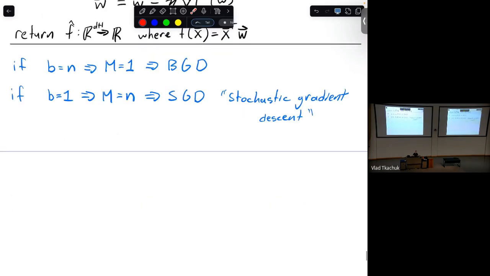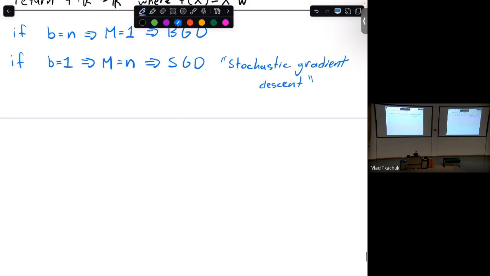Okay, so yeah, this turns out to be kind of a good idea to do something in between. And we can also just do the computation analysis as well. So if we look at the computation for mini batch gradient descent,